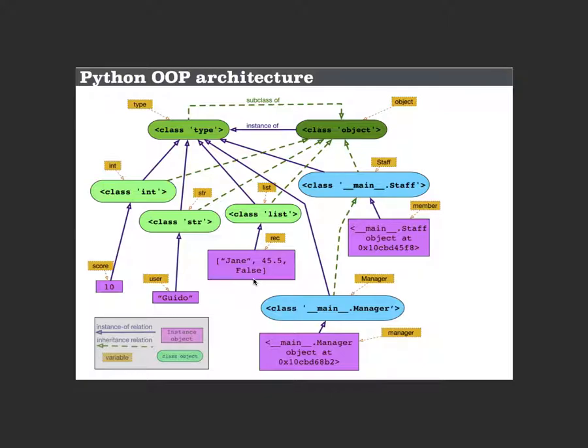If a is equal to 10, there's a variable having a value 10. 10 is nothing but an integer object. How do you say integer? It's an instance of integer class. Which class? This class is an instance of this type class. When I say user is equal to "guide" in double quotes, there's a string which is an instance of class str. Str is an instance of type. All of these classes by default will inherit object. Through object you get to know ID. Every object will have a unique ID. Every object will have memory footprint. Every object will have attribute accessibility. All the things are coming from here.